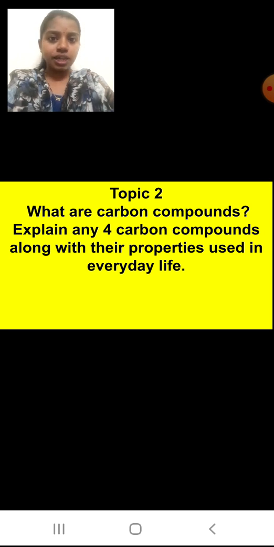Do I need sugar in my life? Yes, for energy and all, because it is going to provide me with energy. Sugars are important as they are energy giving, right? And when I go on heating sugar continuously, slowly a black colored substance forms at the end, and that black substance is carbon, right? So like this I can take an everyday example. You are not going to take sugar now; any of the important carbon compounds you feel you are using in daily life, you are going to state their properties and explain them.